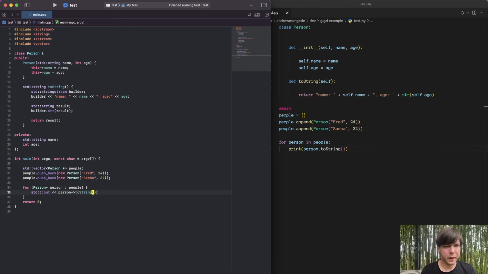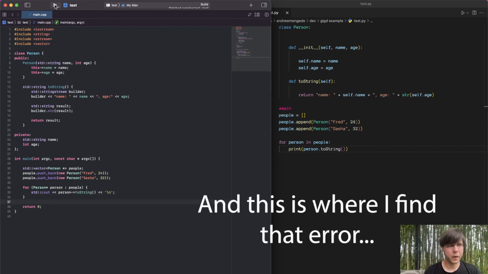We take that, and then we also need to add the newline. Another difference is when we're putting out a single character, like the newline character, it's just single quotation marks. Otherwise, as we can see, this is exactly the same. So if we run this right now,